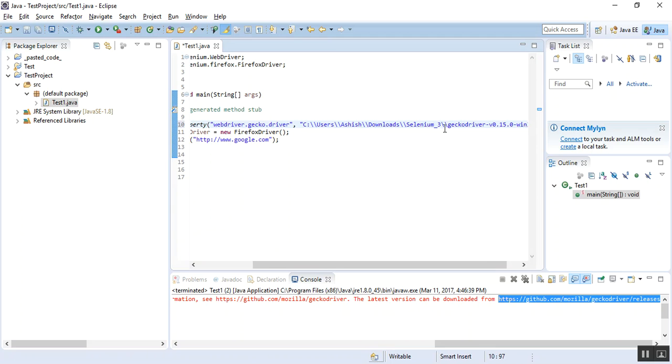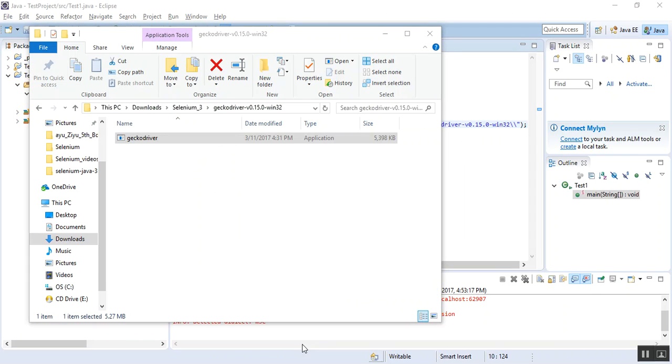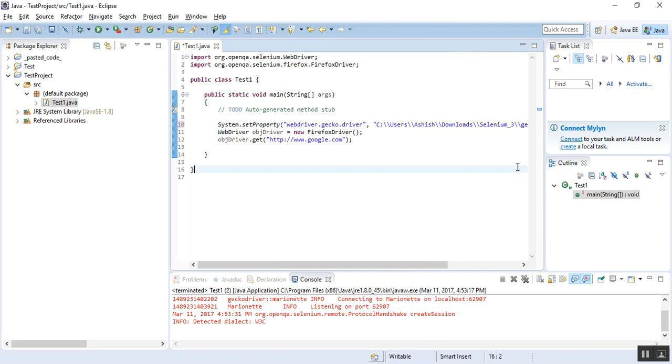So if you see, this error has gone, and at the end I would provide the name of the driver, which is geckodriver.exe. So the name of my exe file is geckodriver with the extension .exe.